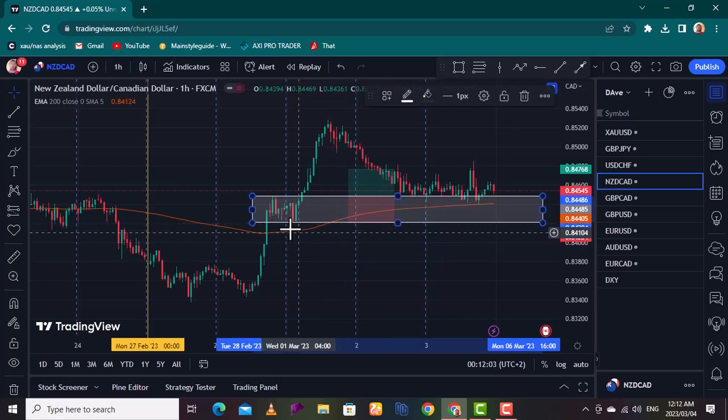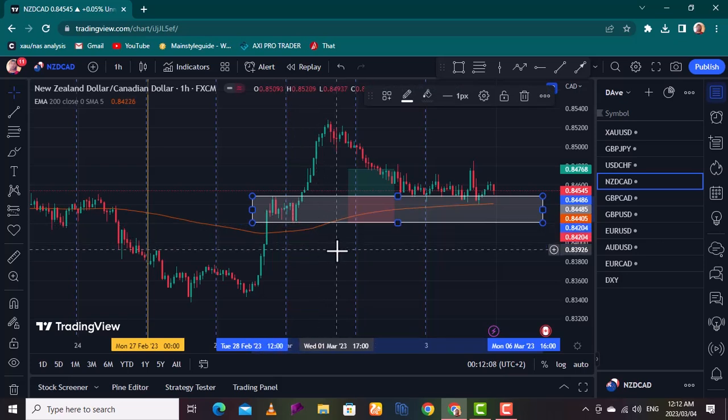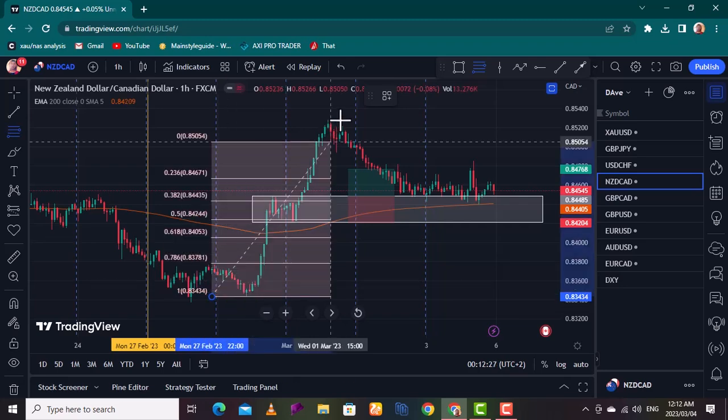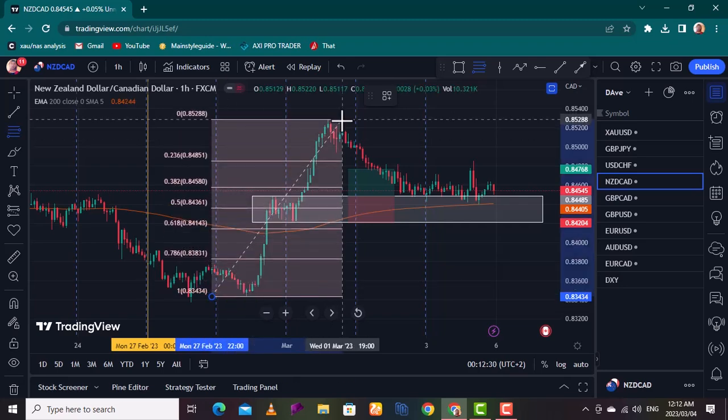What do we have here? We have an order block, guys. Not just any order block, we have a fresh order block. An order block that price is yet to tamper with. Okay, we also have Wednesday's opening price and Tuesday's closing price. And when we take the Fibonacci from the low that made new highs to the high,